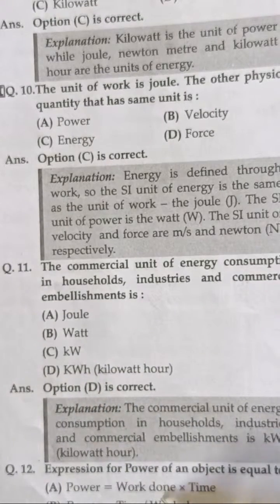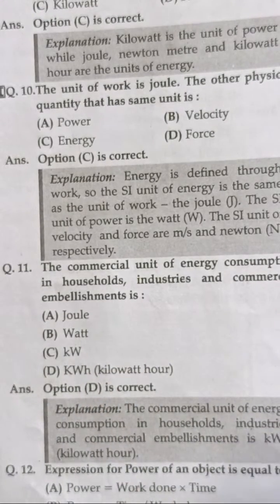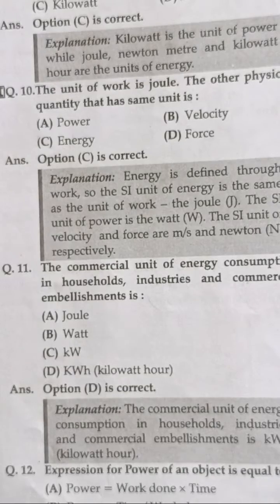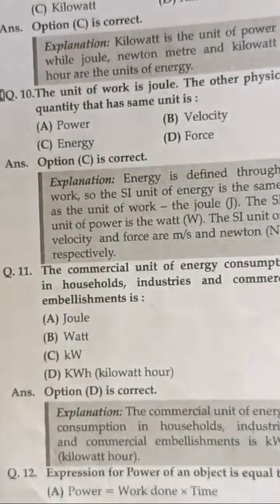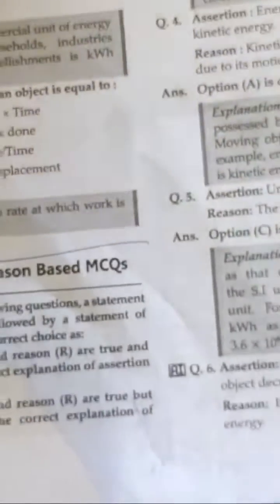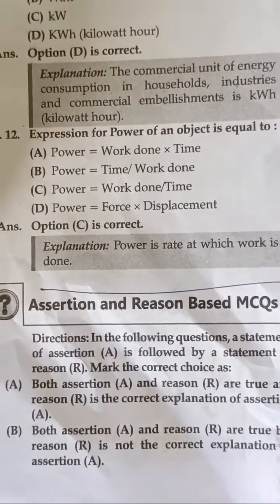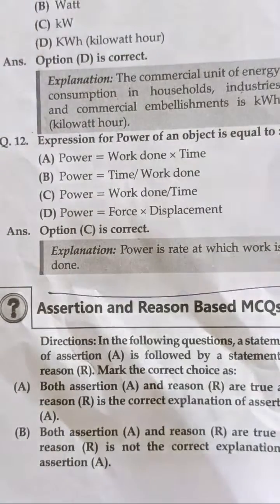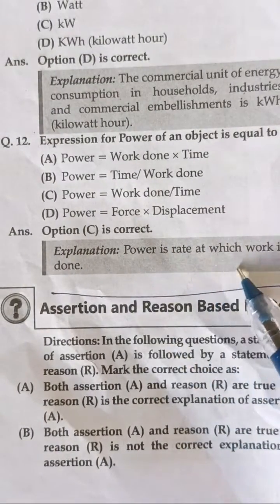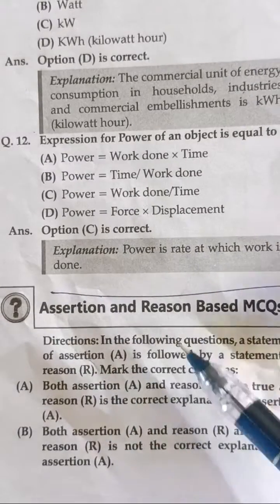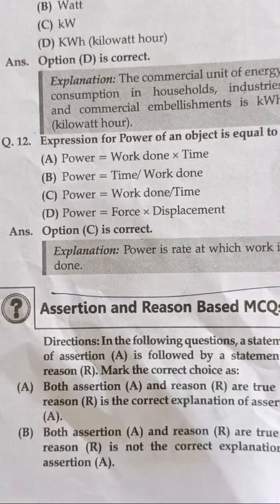Expression of power of an object is equal to, answer is C, power equals work done upon time. Assertion and reason. Explanation: power is the rate at which work is done. Assertion-reason based MCQs. So first is